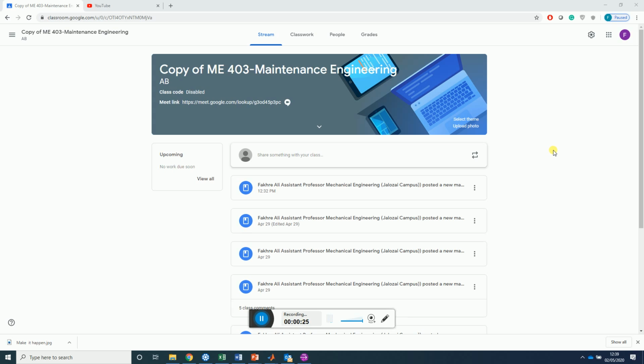So, we faculty members at the Mechanical Engineering Department have been asked to make every effort we can to continue the learning process for the final year students and deliver what we can through online means, for all the subjects that are possibly achievable through online means. As you know, I have the maintenance engineering module with you, and